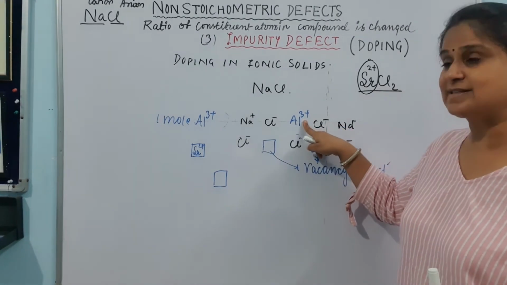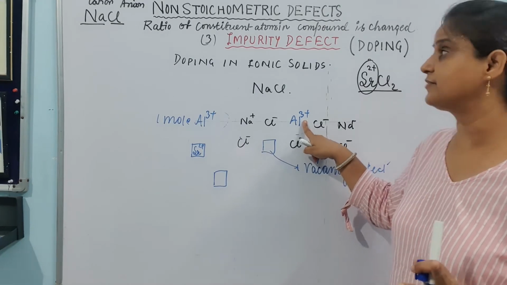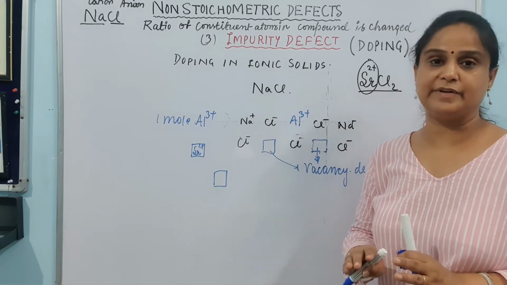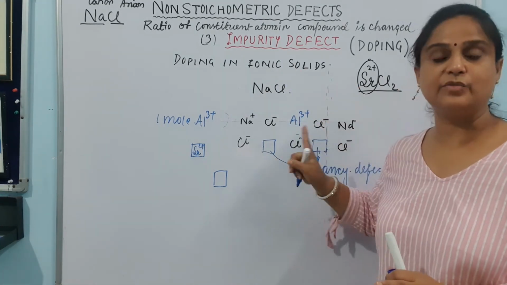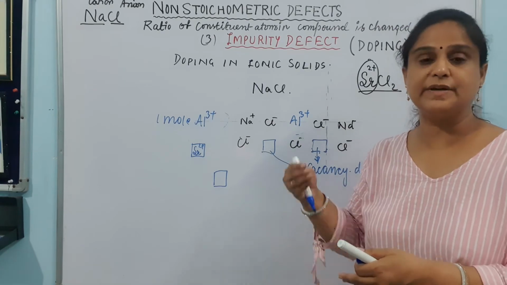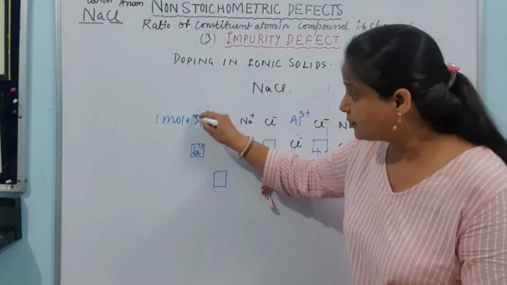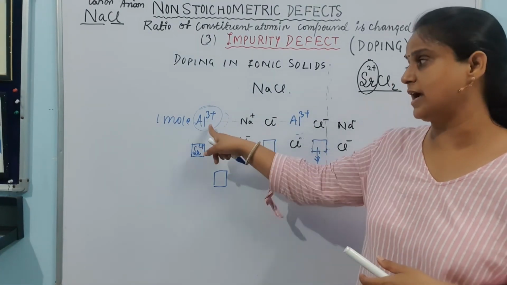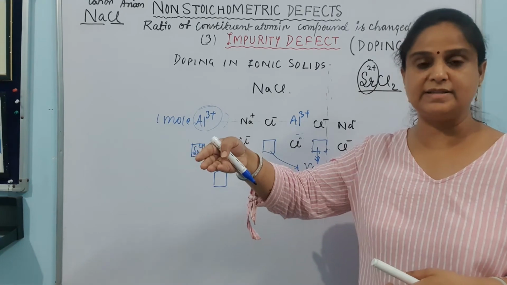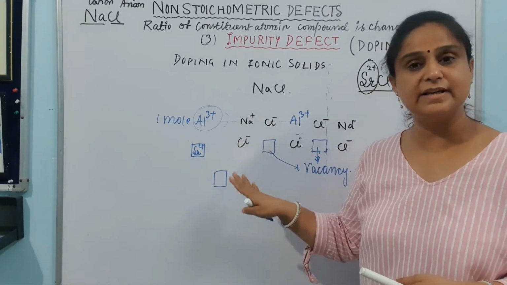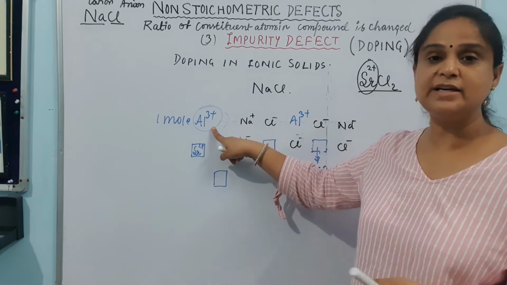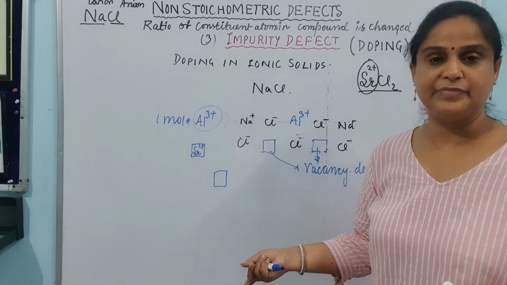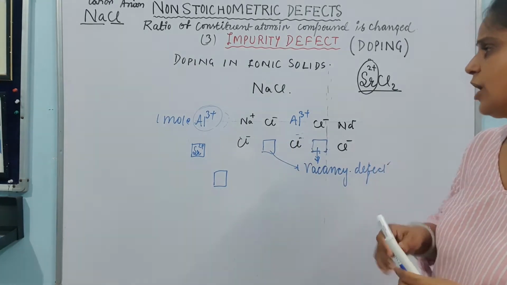So it is a deficiency defect, but it is because of impurity, that is why we are learning it in the category of impurity defect. So doping in the ionic solids will create the vacancies. The number of vacancies will depend on कि कौन सा type of ion we are adding to that crystal. Obviously it will be of higher valency, वरना vacancy create नहीं होगी. तो if it is of higher valency, एक कम करके that will be the number of vacancies created in the crystal. ठीक है, the question will be asked कि how many vacancies will be created.